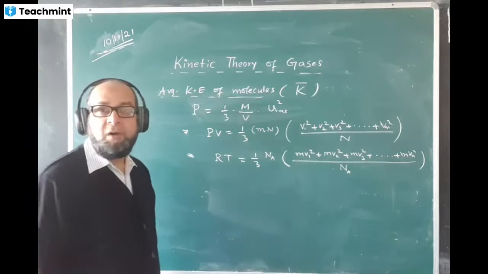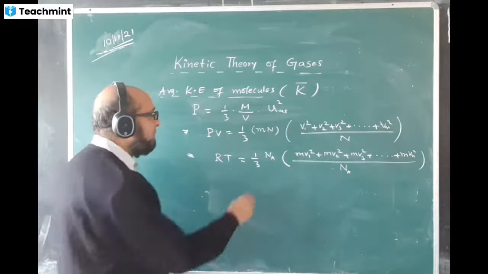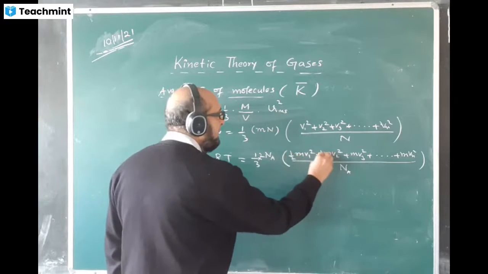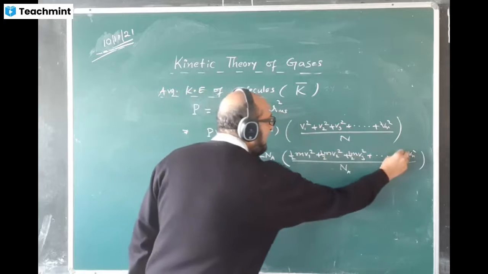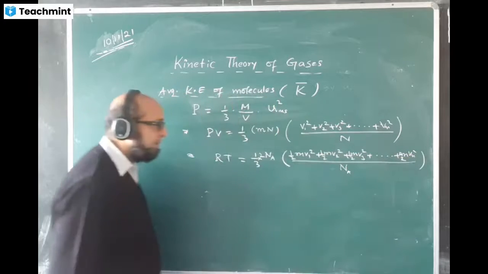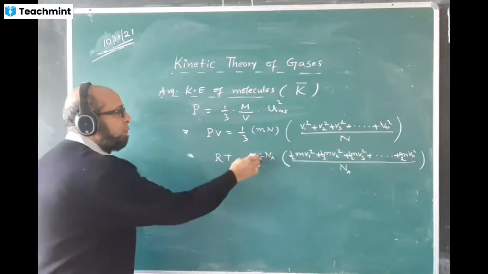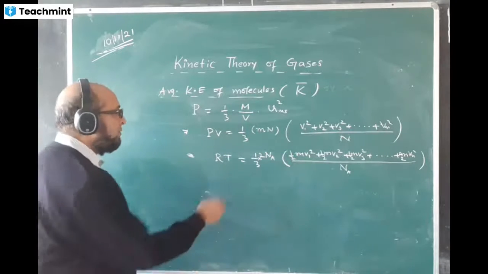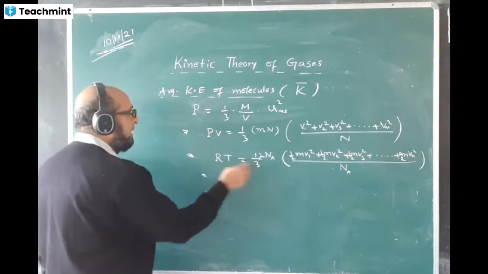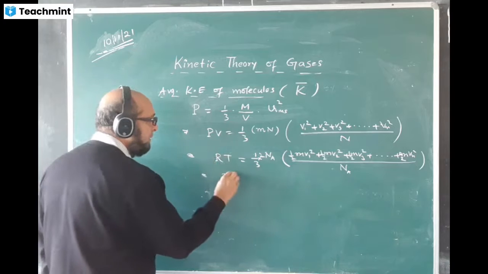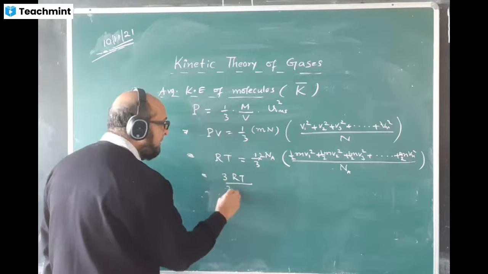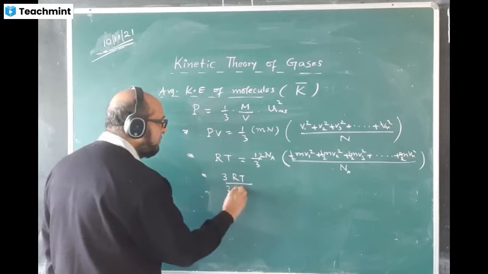Kinetic energy formula we got half. What I will do, I'll multiply by 2 here and I'll multiply by half here. Half everywhere. Multiplying by 2 and dividing by 3 everywhere. So this 3 I'll take this side, this Na also bring this side, 3 by 2, Na also I'll take this side.